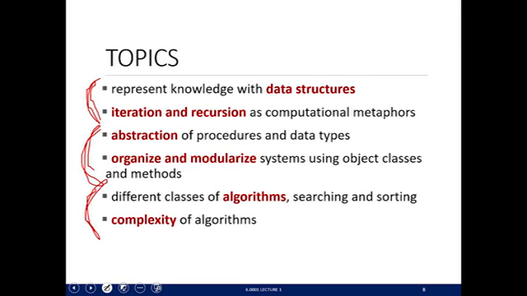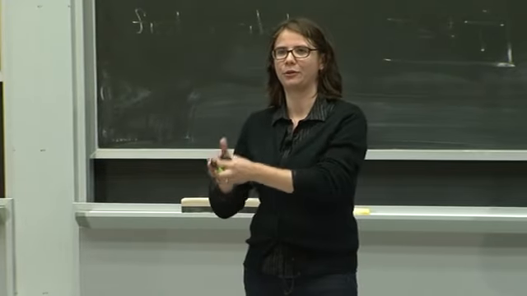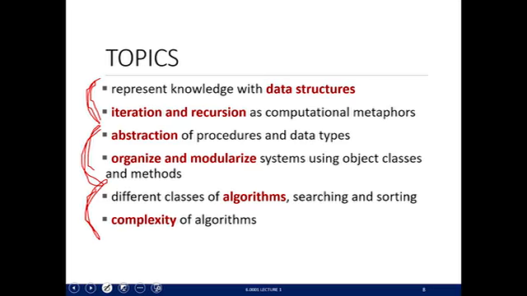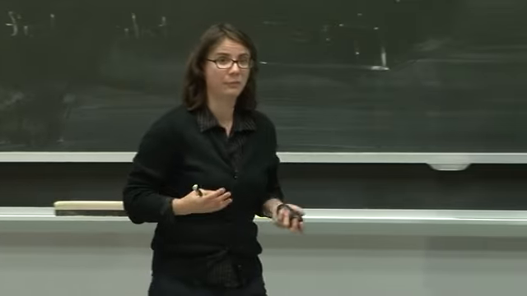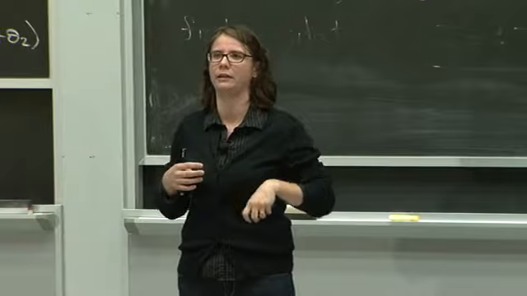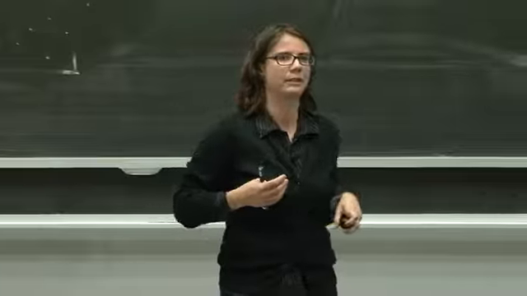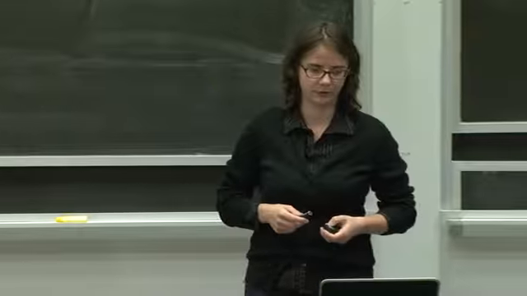And the last section is going to deal with, the first two are actually part of the programming in Introduction to Programming and Computer Science in Python. And the last one deals mostly with the computer science part. Once you've learned how to write programs in Python, how do you compare programs? How do you know that one program is better than the other? How do you know that one is more efficient than the other? How do you know that one algorithm is better than the other? That's what we're going to talk about in the last part of the course.